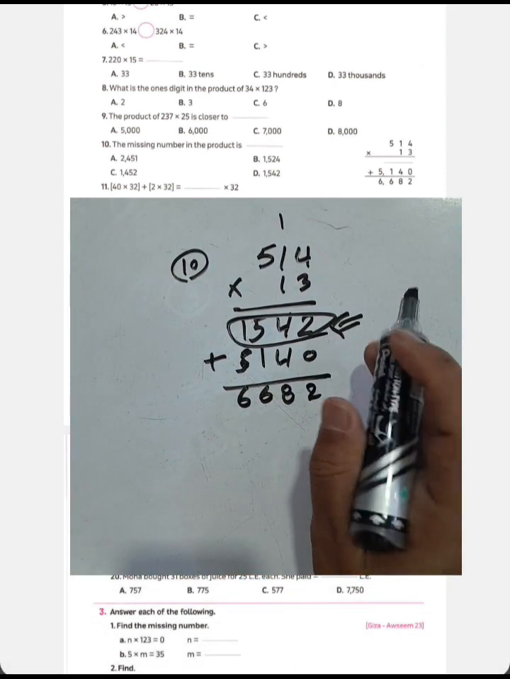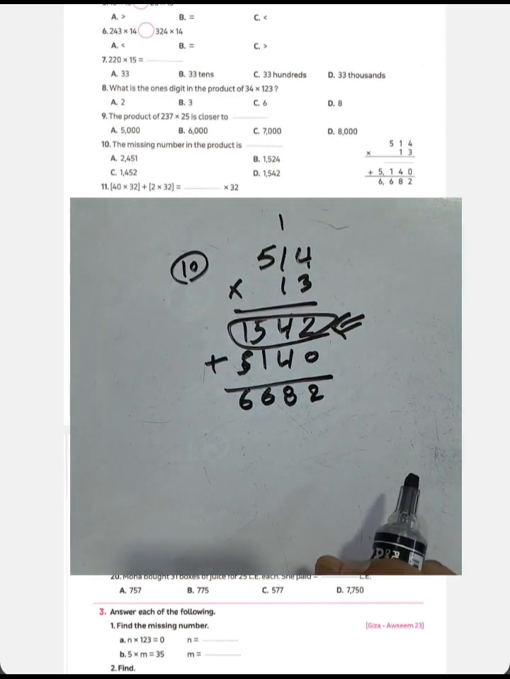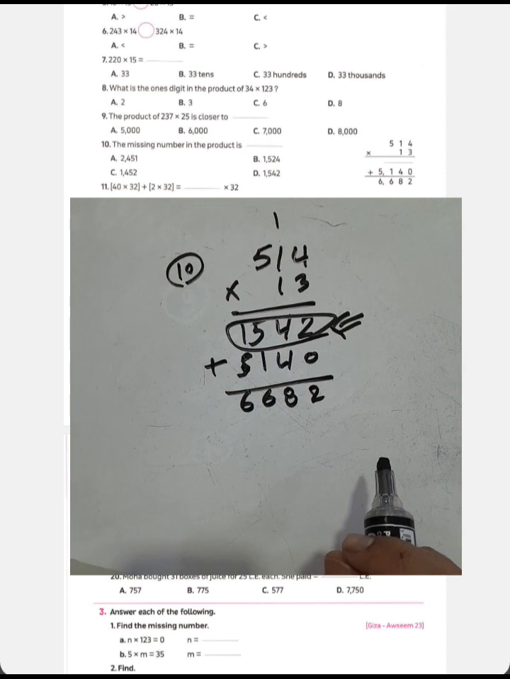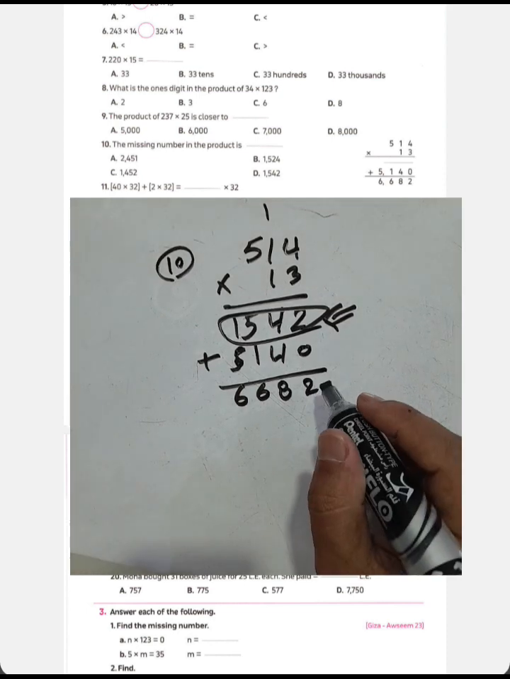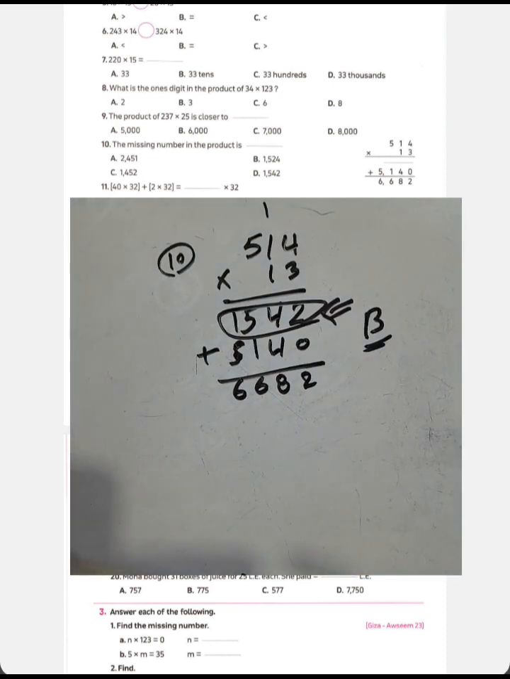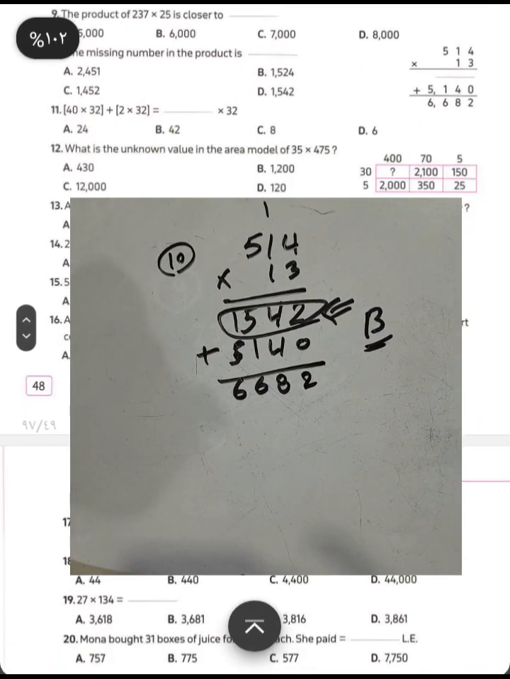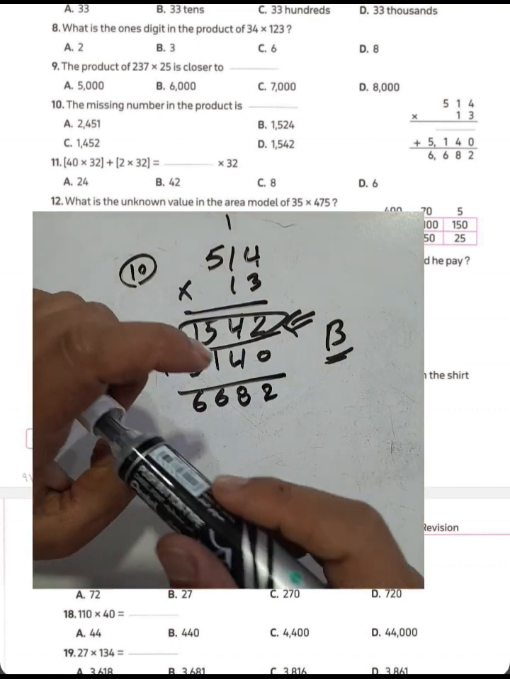Then the missing number here will be 1,542. The missing number in the product will be 1,542. Choose letter